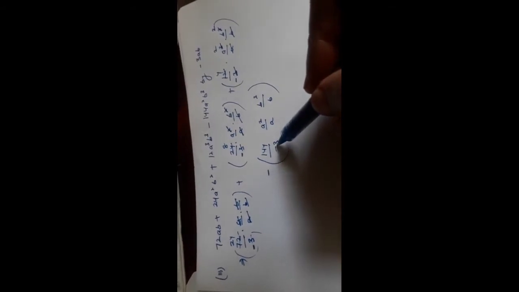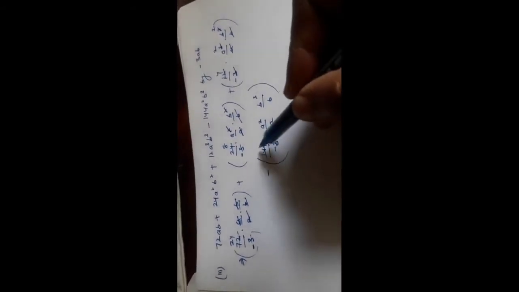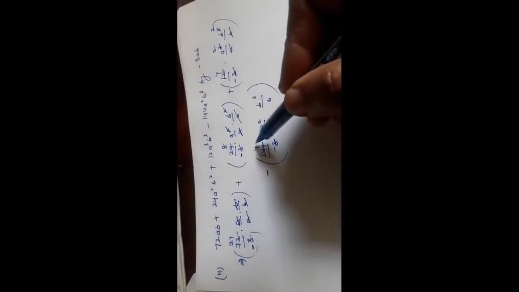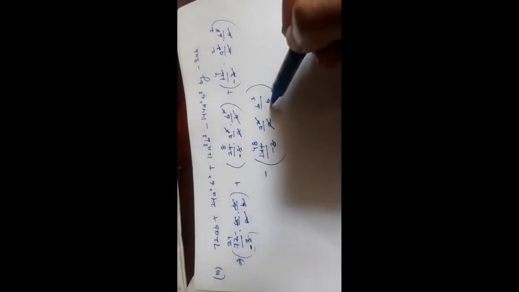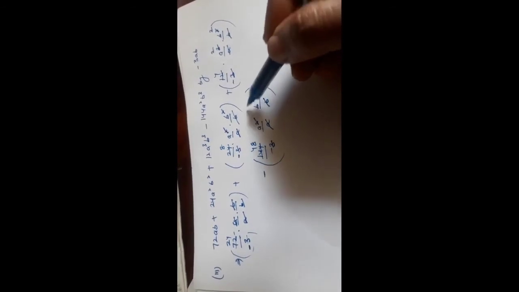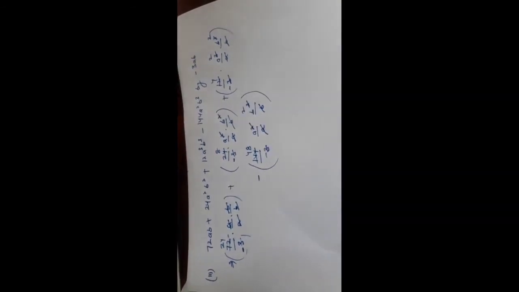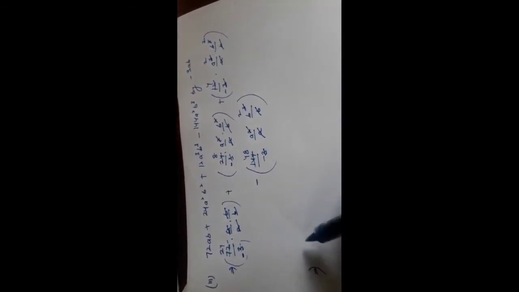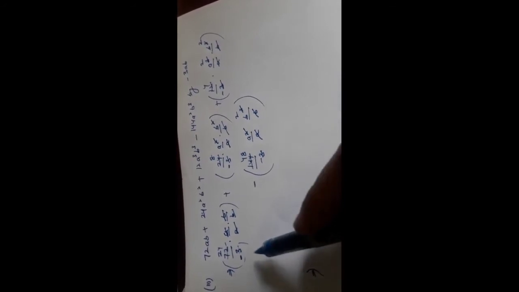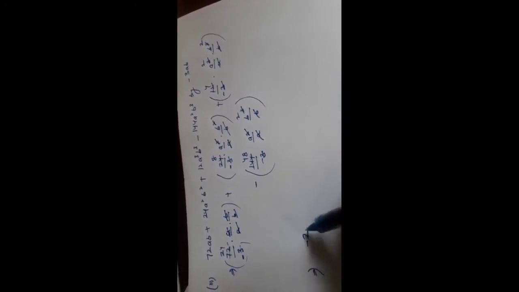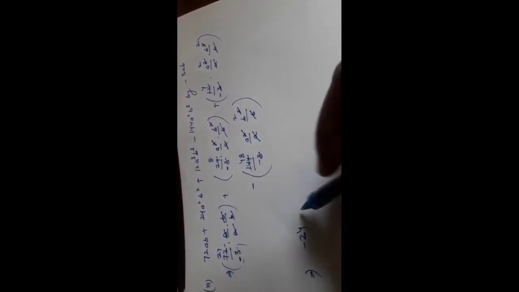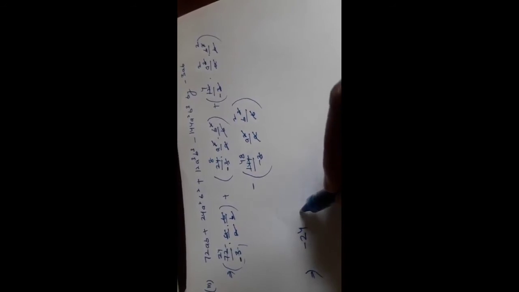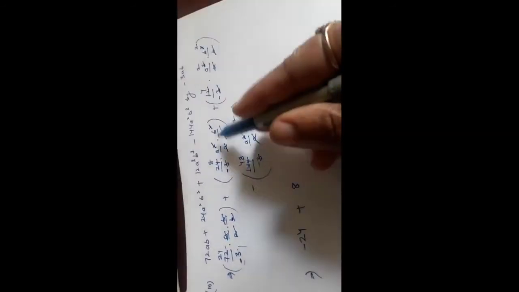Now 3 ones are 3, 3 fours are 12, and 3 8s are 24. This a will get cancelled with a square, and this b will get cancelled with b cube, so we will remain with b square. Now what answer have we come up with? Minus 24, because the negative sign is here and the negative sign will be shifted to the numerator. Plus 8a and b